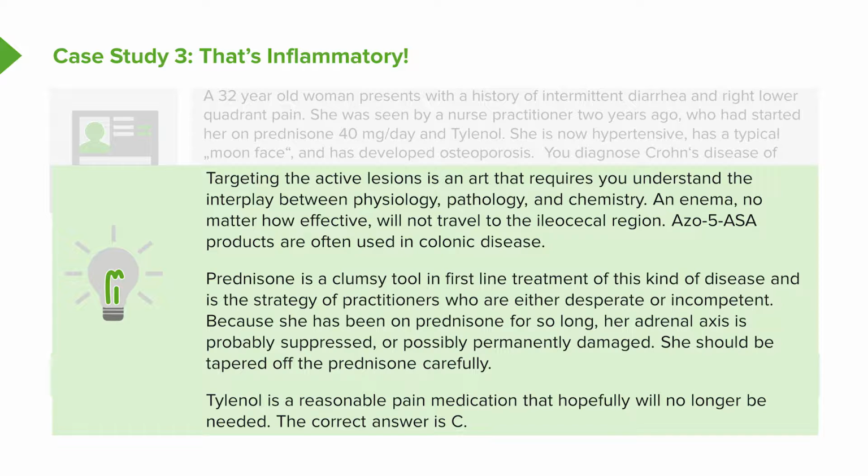Because she has been on prednisone for so long, her adrenal axis is now suppressed or possibly permanently damaged. So we need to taper off the prednisone gradually and very, very carefully. Tylenol is a reasonable pain medication and hopefully will no longer be needed. The correct answer is going to be